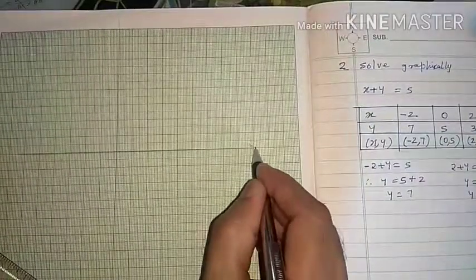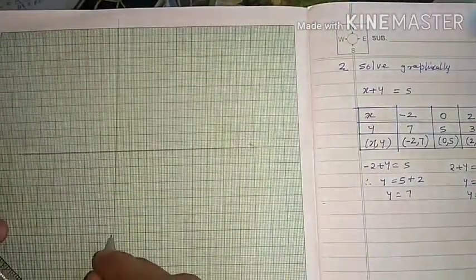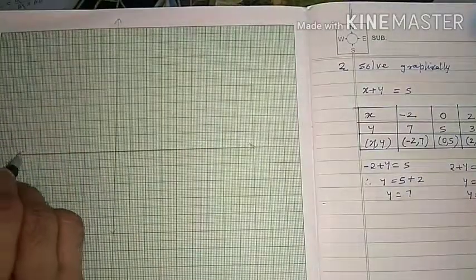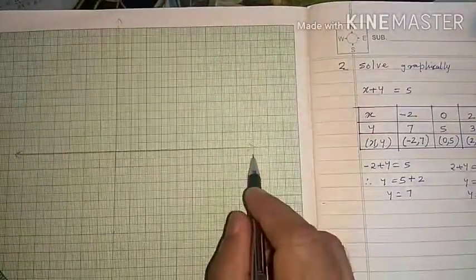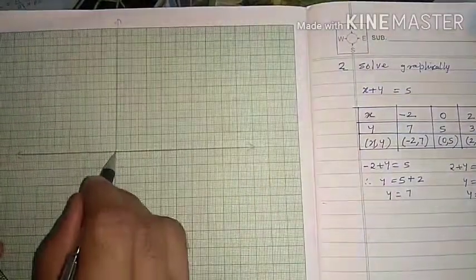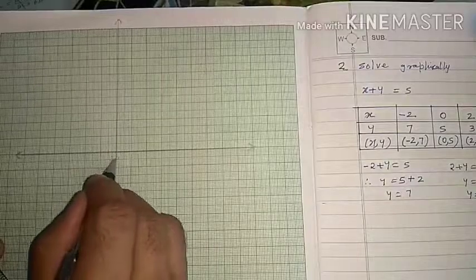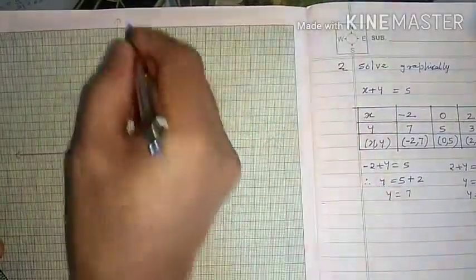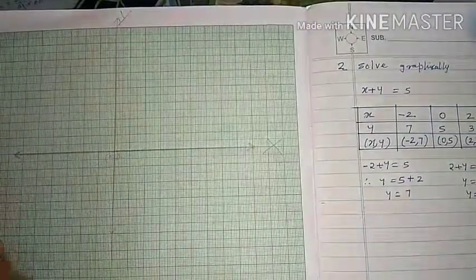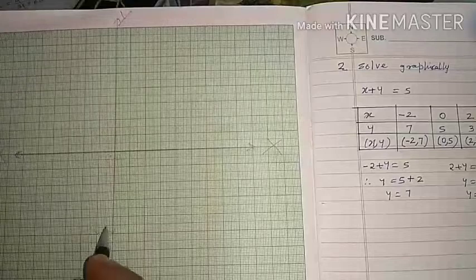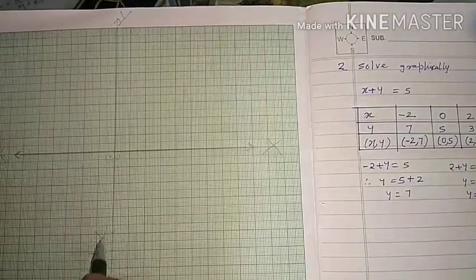This is a straight line, so we have to give arrowheads on both sides. This arrowhead indicates that it can be extended to infinity. Here it is 0, meaning horizontal axis x-axis, vertical axis y-axis. Here x dash, you can denote this as y dash.